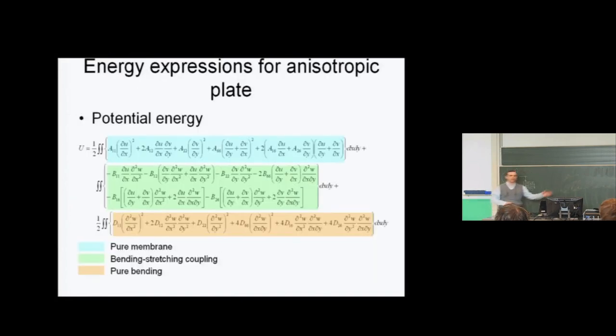The book has the whole complete derivation. This is the displacement-based energy for a laminate. You can take it for granted or follow the derivation. The main thing is what in an isotropic material would involve